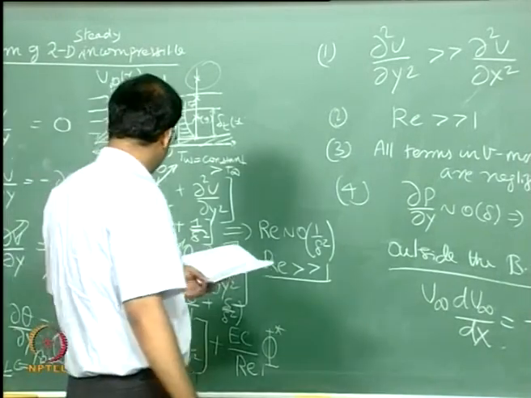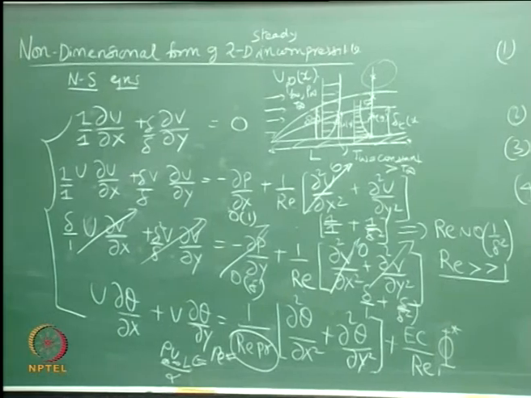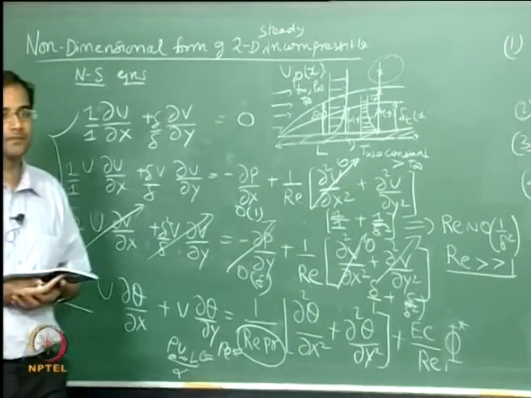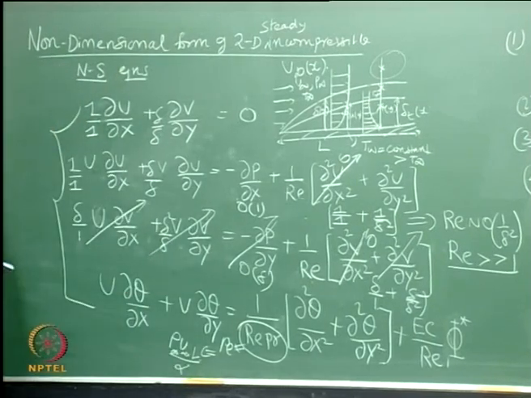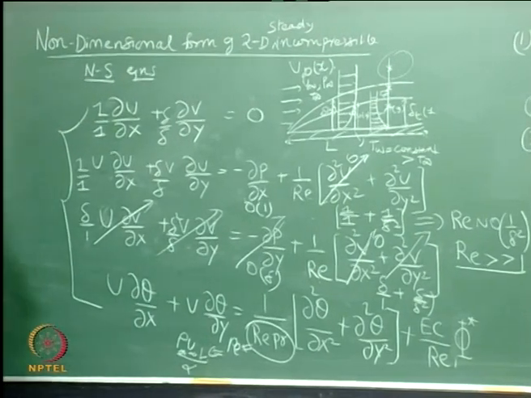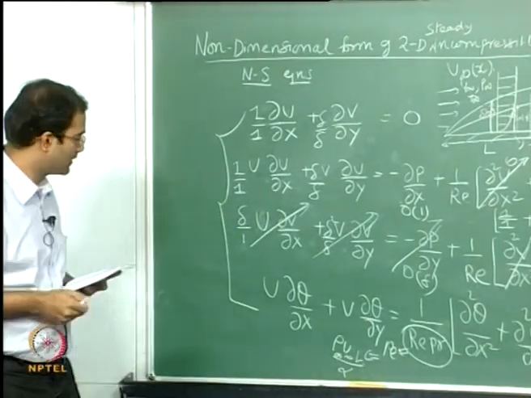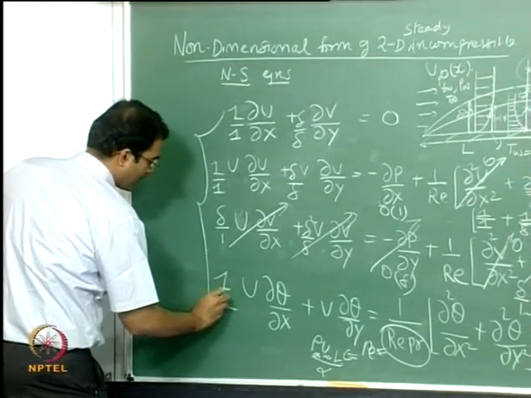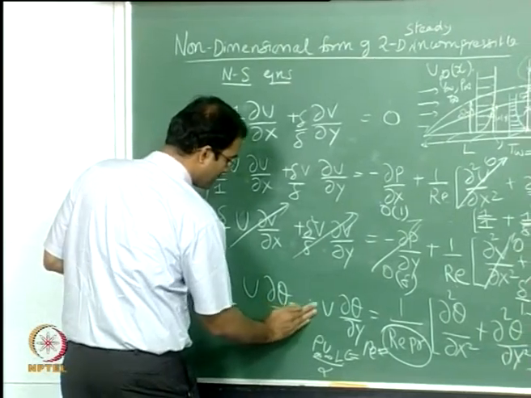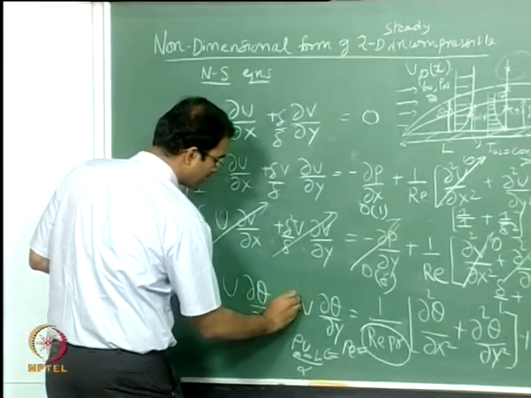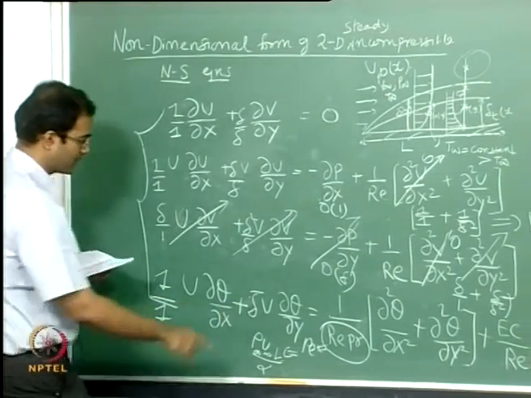Coming to the energy equation, what will be the order of magnitude of theta? 1, right, you are scaling it between your wall temperature and the free stream temperature, so it has to be of the order of magnitude 1. And how about your V here? Theta is already of the order of magnitude 1, so V is of the order of delta by